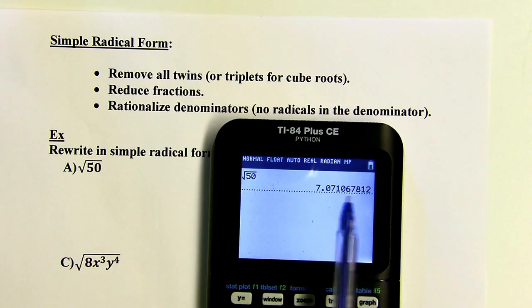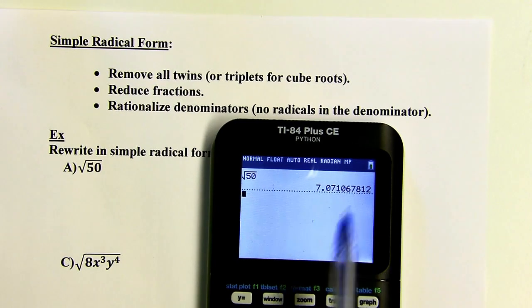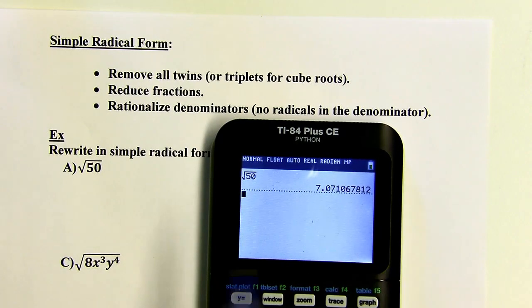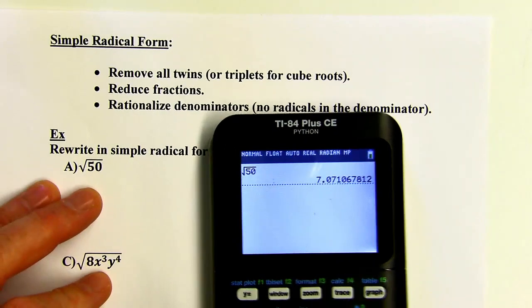But that's not an exact answer. This decimal would actually go on forever. It's just that's the maximum amount that my calculator will display. So this is not simple radical form if I say about 7.1. That's a decimal approximation. Simple radical form, what I want to do